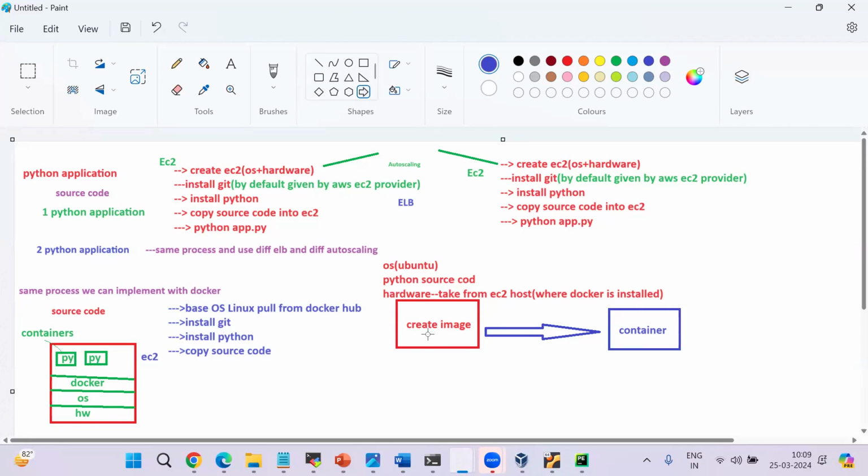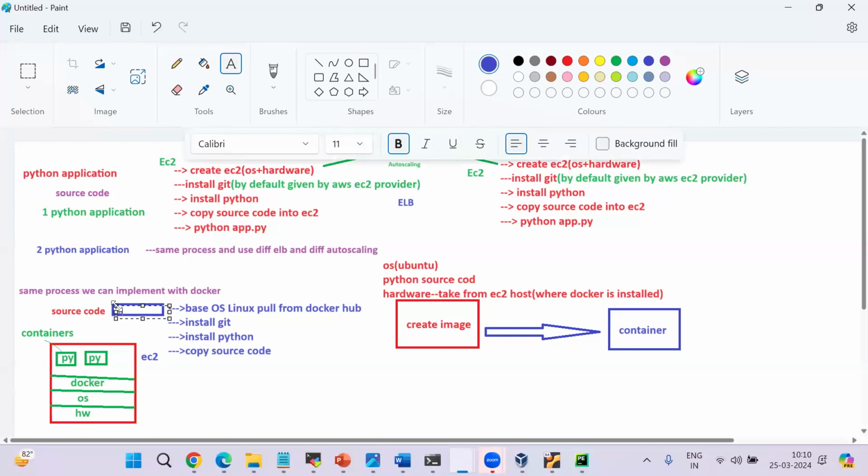So guys, how will this image be created? First of all, we are taking a base image. This base image is from Docker Hub. Let me write here. From Docker Hub only, we take an Ubuntu base image, right? By using the pull option. After that, installing Git and installing Python. We're creating the image, right? How to create the image? This is called